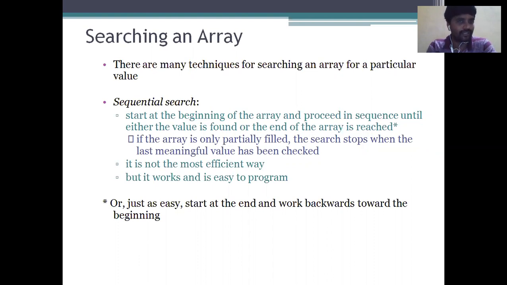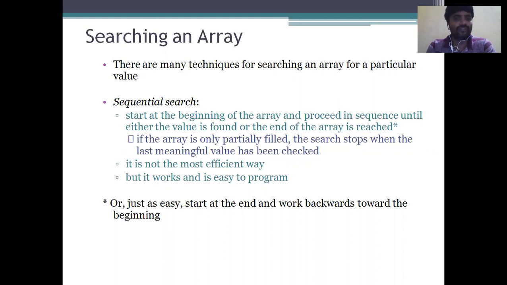The very important one, the first one, is the sequential search. What is meant by sequential search? Start at the beginning of the array and proceed in sequence until either the value is found or the end of the array is reached.